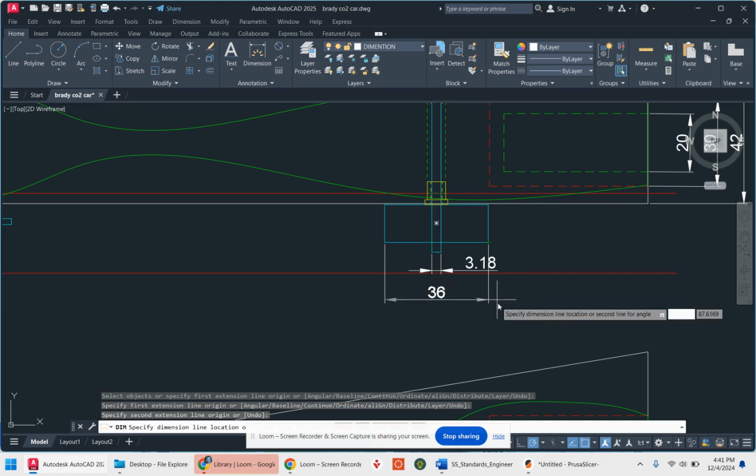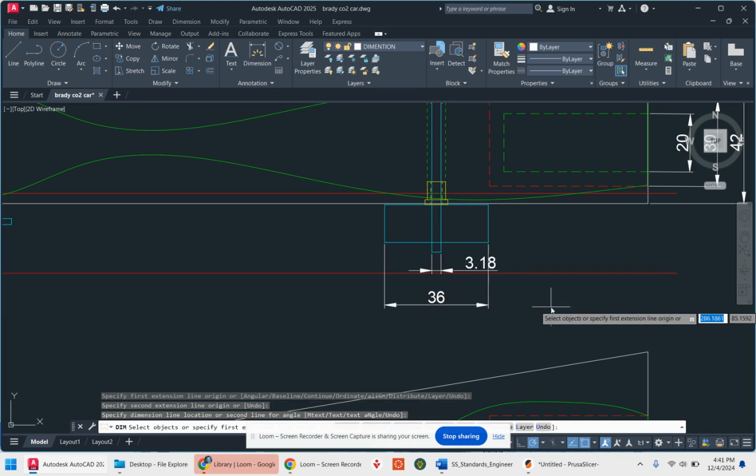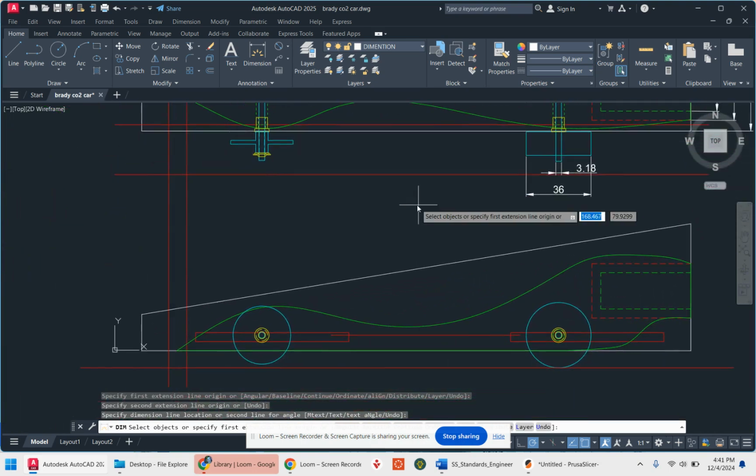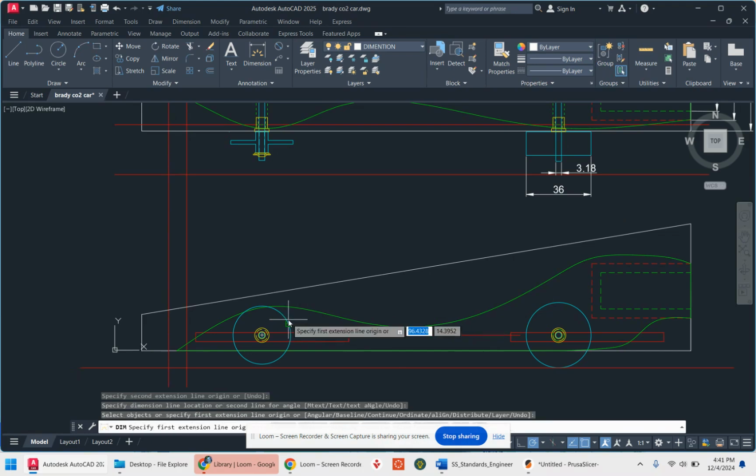So at this point, you've probably figured out how to do dimensions. It's really quite easy. You will follow all the dimensions that I have on the picture. However, I do want to show you how to dimension the radius of circles. That's a little different. To dimension the circles, the wheels, you need to go up to the Dimension tab, and